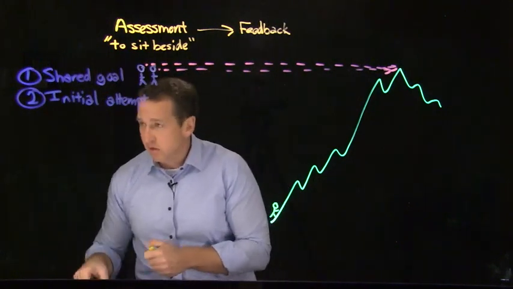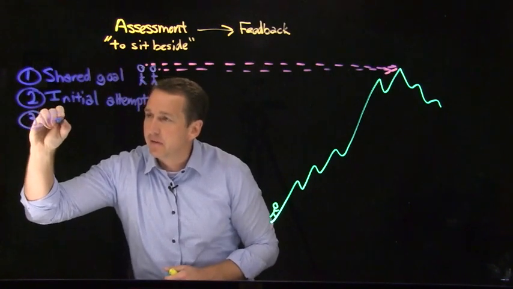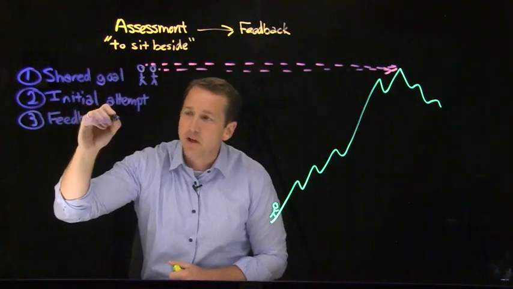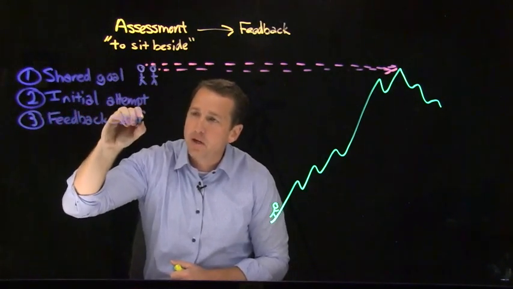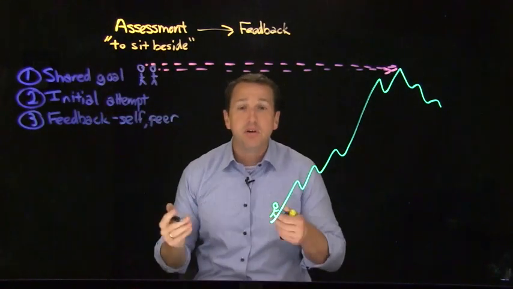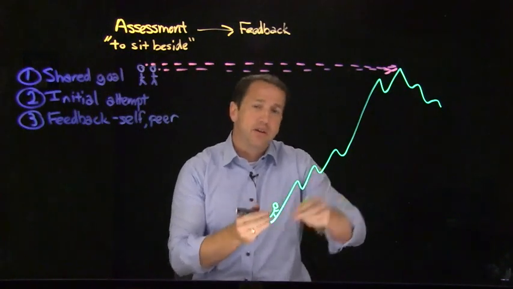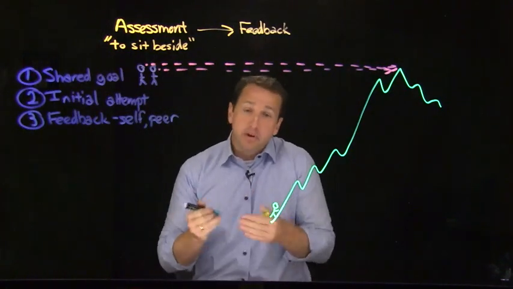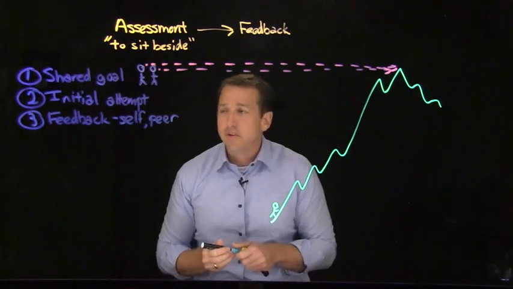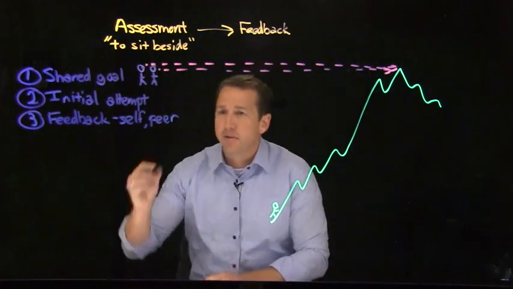After that, the student receives feedback, not from the teacher yet, but from themselves or from a peer. Now, this feedback needs to be based on clear criteria for success. Students need to know what it takes to climb the mountain. And then they need to be able to assess whether or not they're making progress there, or be able to work with another student to see if that progress is being made.